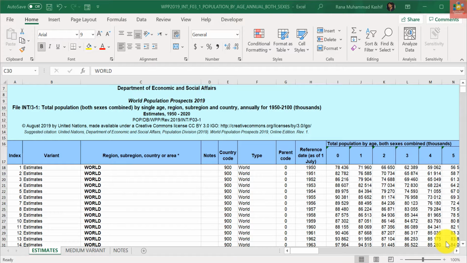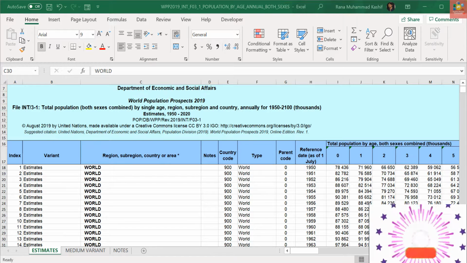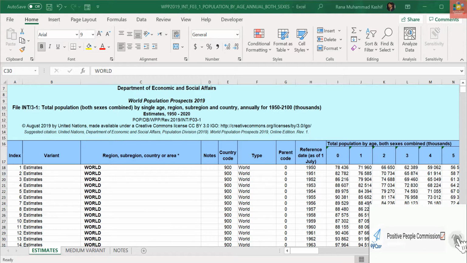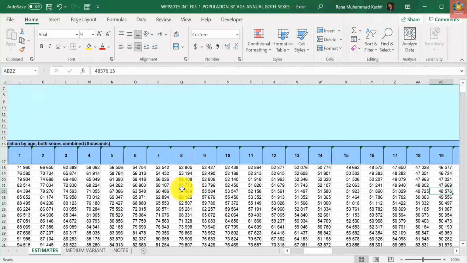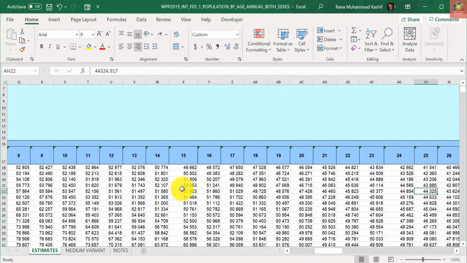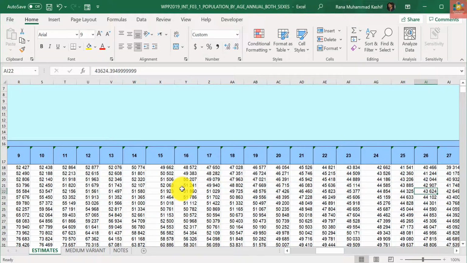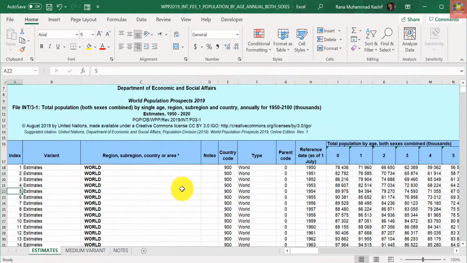In today's video, we will learn how to freeze cells in Excel and how to view a data sheet efficiently in Microsoft Excel. I have this data sheet downloaded from the UN Population Division website. The problem with this sheet is that when I move around, I lose some important information. Now I don't know what is on the left side of this sheet. So I want to move around in the sheet, but I want these columns